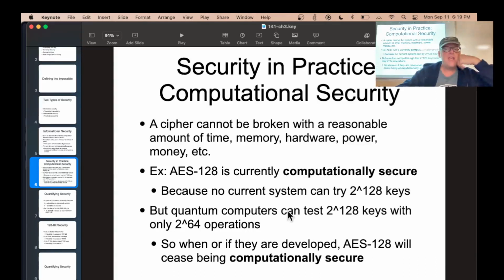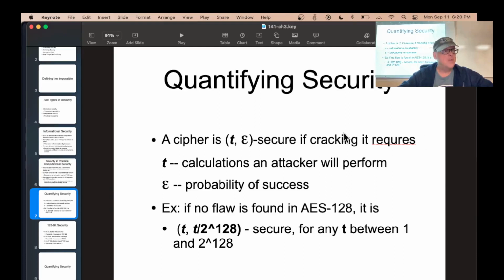In practice, AES 256 would be a pretty good answer, because AES 256, even on the perfect quantum computer, would take 2 to the 128 calculations, and that's out of range. So that, unless somebody finds a new algorithm, and you can't mathematically prove that that won't happen, that's the problem. You don't know that somebody won't find a shortcut, and in fact, they did with some versions of AES. Anyway, so here's the definition.